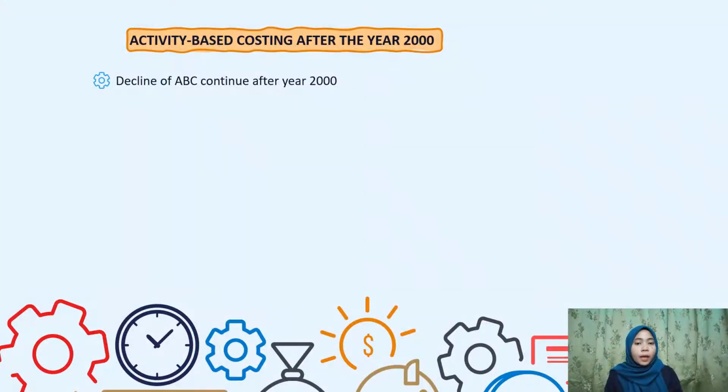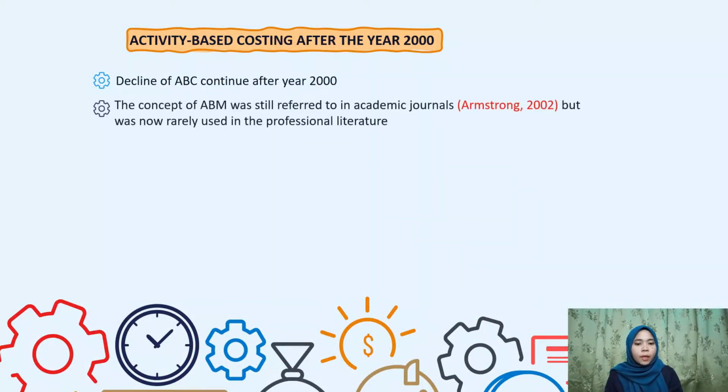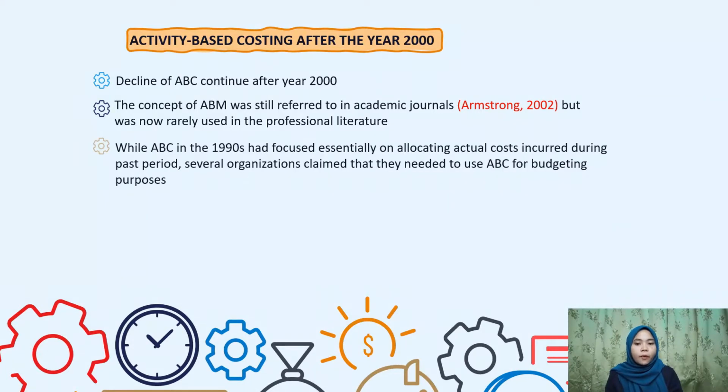There were 5 articles that referred to ABM in 2003. The concept of ABM was still referred to in academic journals, but was now rarely used in the professional literature. Because of the overlap and the confusion between ABC and ABM, some authors prefer to use the term ABCM. These different labels did not help to reduce the confusion around ABC, while ABC in the 1990s had focused essentially